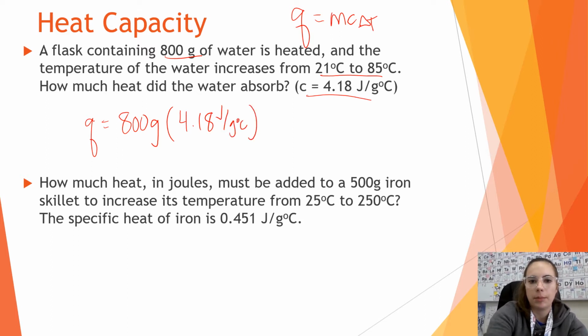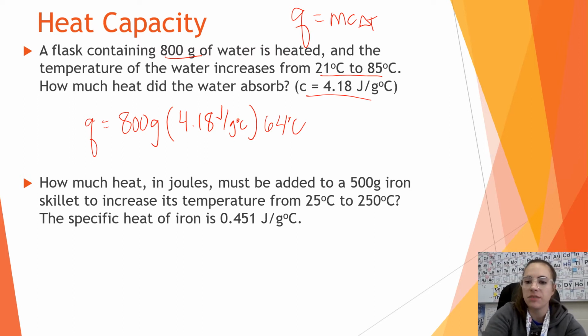And then I'm going to plug in my change of temperature, which is 85 minus 21, which is 64. Now, real quickly, I'm going to show you how the specific heat units make sense. See here how when we multiply grams times grams and degrees Celsius times degrees Celsius, we're left with joules, which is what heat is in, so that's what we need. When we calculate this, we get